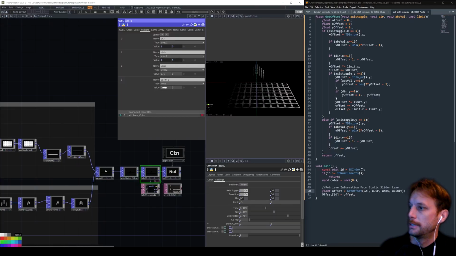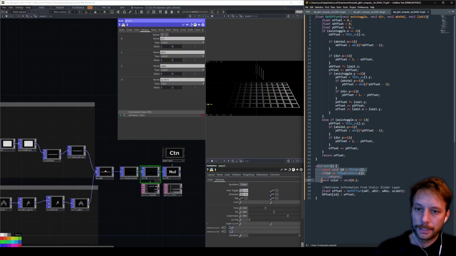Bind. And this will link them up lockstep between our GLSL and our custom parameters. So now when I change one on my custom parameters, they also change on the pop operator. And let's go through this line by line, where down here at the bottom, the main part of the function